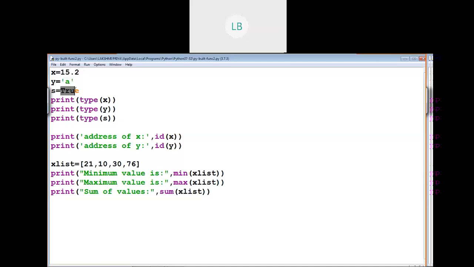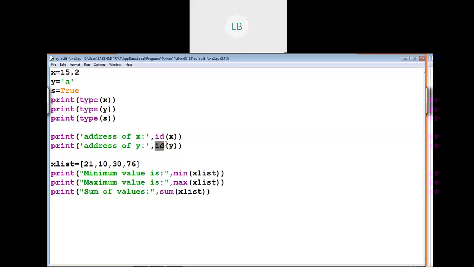And True is assigned to s. And we are using the type function to see the type of the objects. For the same variables, we are going to use the id function.